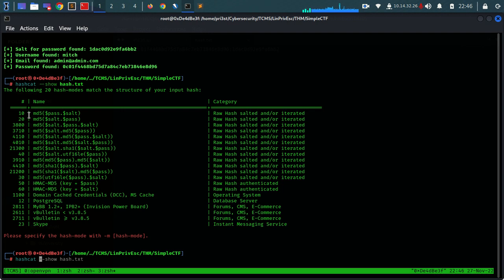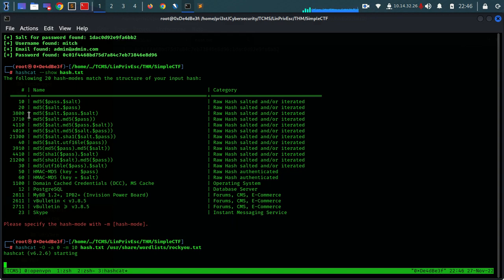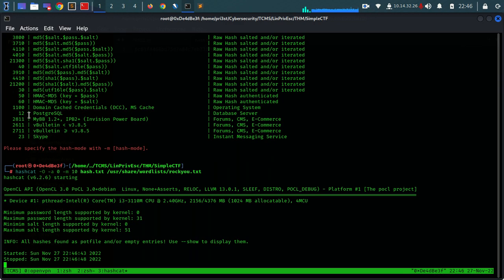Let's try to use hashcat to crack this password. We're going to use the optimized option, the dictionary attack. The mode will be 10 as stated here, the file and the word list, which is rockyou.txt. Let's wait for it to